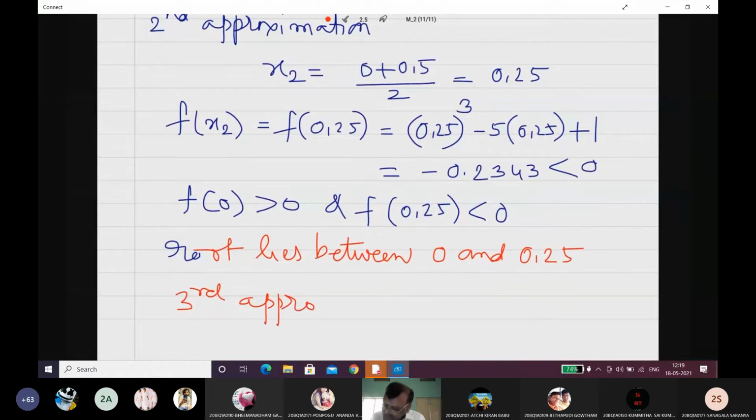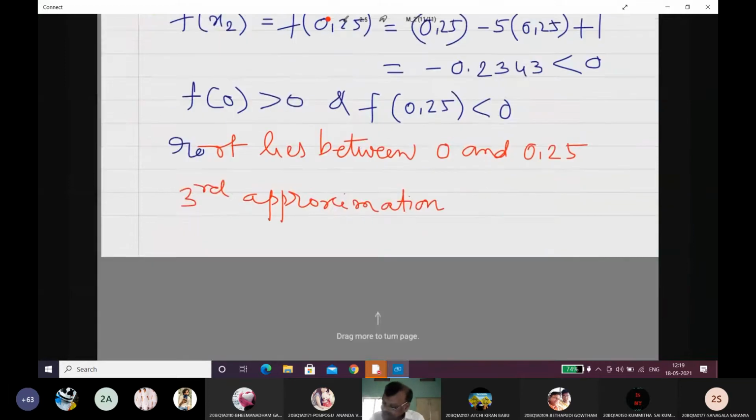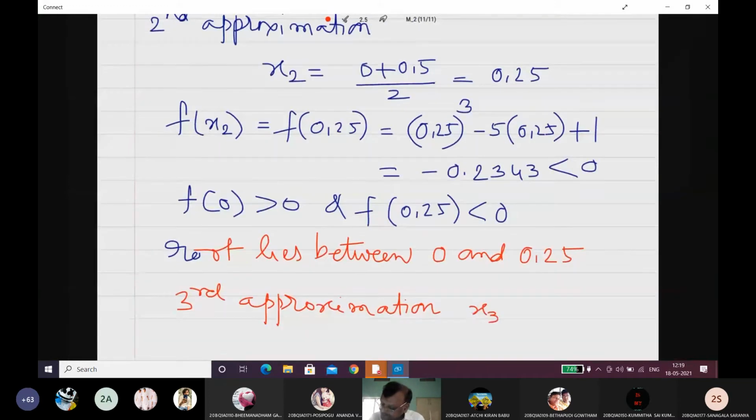Now the next approximation, third approximation. ప్రాబ్లం సింపులే కానీ అప్రాక్సిమేషన్స్ ఎక్కువ చేయాలి అంతే బైసెక్షన్ మెథడ్లో. థర్డ్ అప్రాక్సిమేషన్ x3 ఈజ్ ఈక్వల్ టు 0 ప్లస్ 0.25/2. బైసెక్షన్ మెథడ్ అంటే రెండింటి మధ్య బై 2 బైసెక్ట్ చేయడం అనమాట, అంటే మిడ్ పాయింట్ వాల్యూ. x3 వాల్యూ చెప్పు. 0.125 అనుకుంటా. Yes, sir. మనం f of x3 కనుక్కోవాలి.